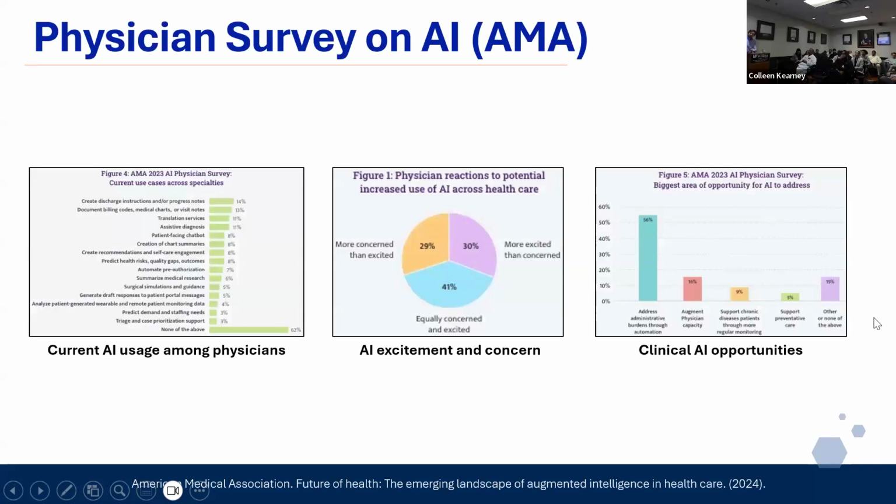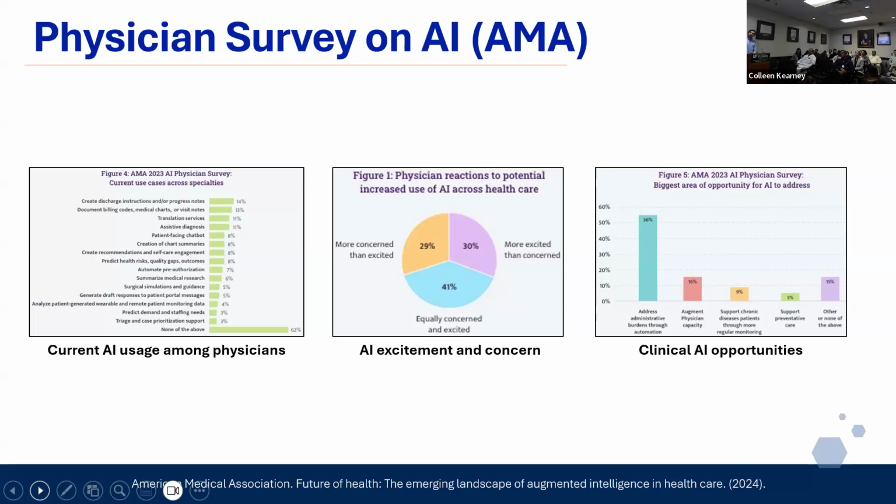So I'm starting off here with this survey from the AMA, 2023, I believe, published 2024. The first result here is about the current AI usage among physicians, where it said that 62% of them have never used AI. They don't use AI in their practice. I'm not sure exactly when the survey was conducted in 2023, so this could be updated by now. Could be different numbers here. But I thought that was interesting that 62% hadn't used it, and maybe not sure if that's due to not being available or decided not to use it or what have you.